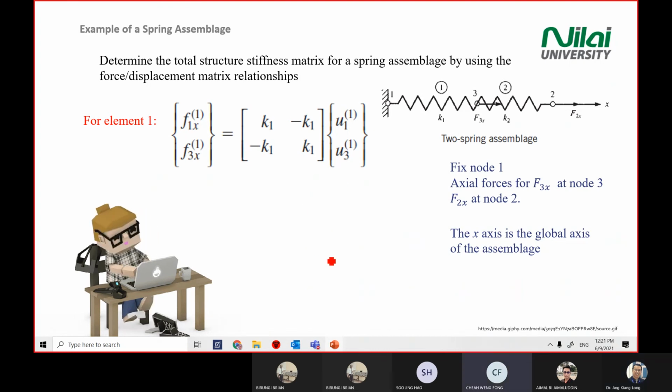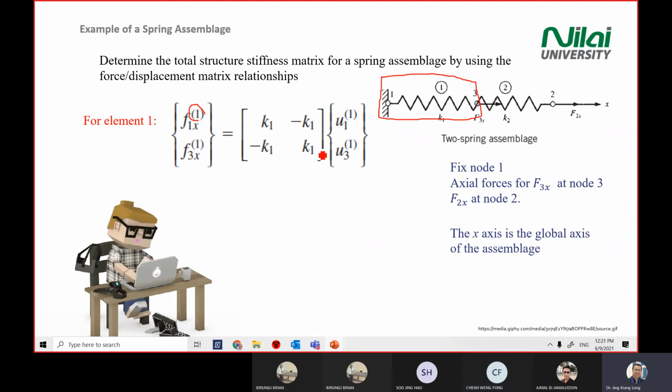Just to clarify, the number 1 in the bracket is the point of reference, right? You mean this one? Yeah, this one refers to the element. You have two springs here. It means that you refer to the first spring. Yes, you refer to the first spring here. You write 1. Then I show you what happens if you accidentally write 2. If you're referring to element 2,